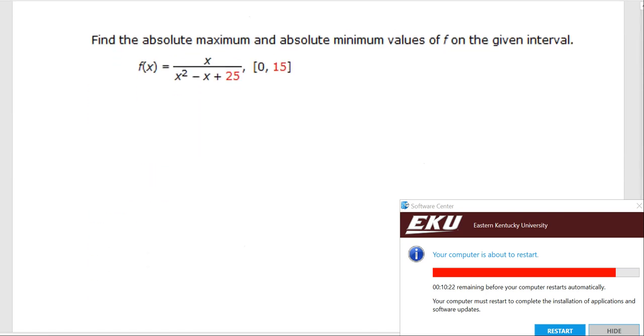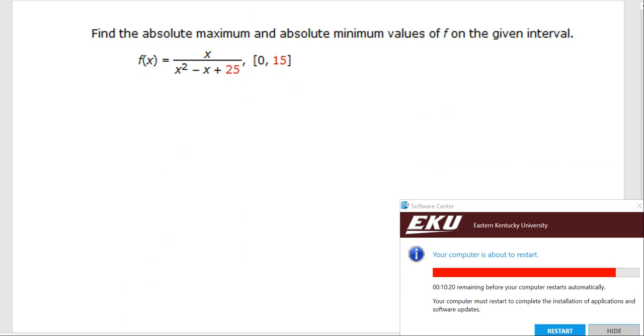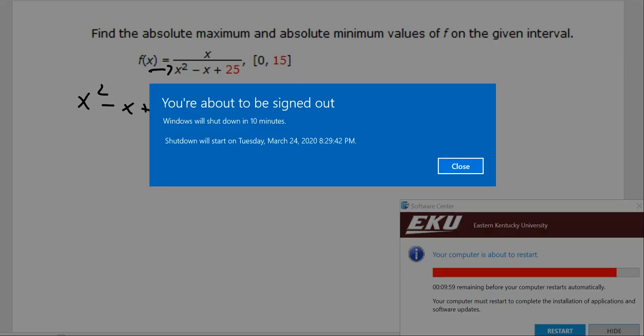All right, so one more of those. So find the absolute min and absolute max on the given interval. So that's from 0 to 15. So the first thing I actually want to check is this denominator and see if our function is actually continuous on that interval. So my question is, where is that equal to 0, and does it fall